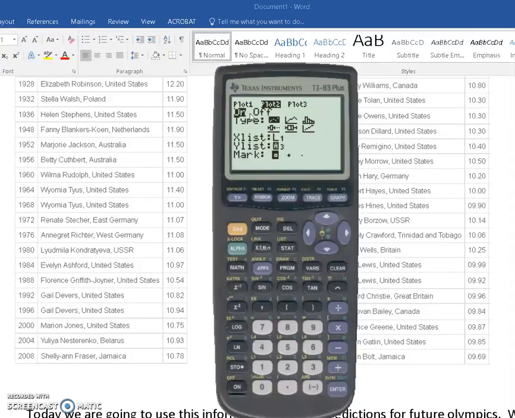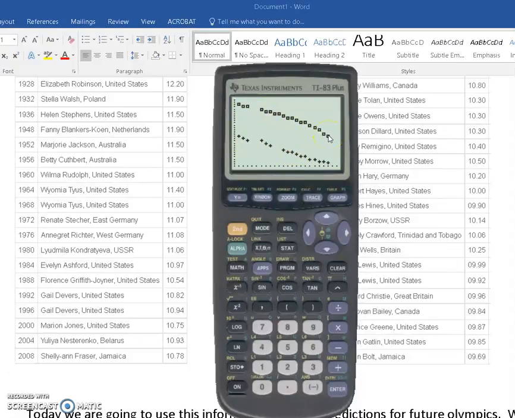And if you don't have the Y values coming from list 2, that would be second and 3. So you'd have to click on there, second, and then list 3. There's the yellow L3 there. And I'm going to mark the guys' times with a plus sign. And so I'm going to move over here to a plus sign. I shouldn't have to change my window at all. And so now when I press graph, I have the guys' times down here, and I have the girls' times